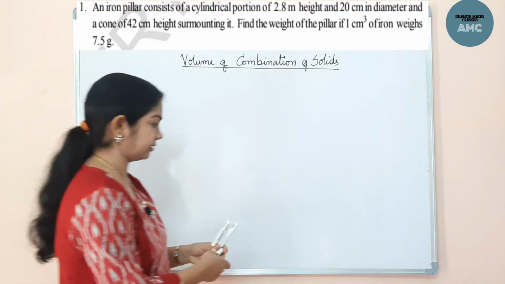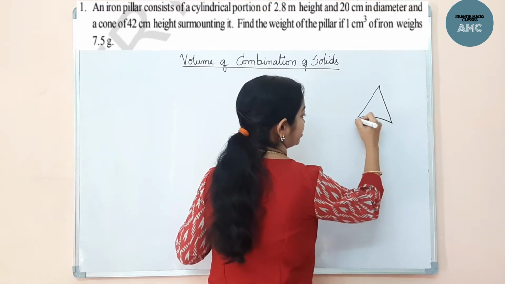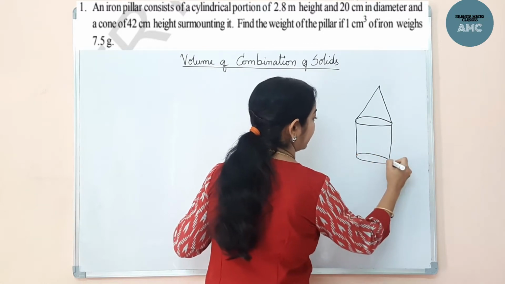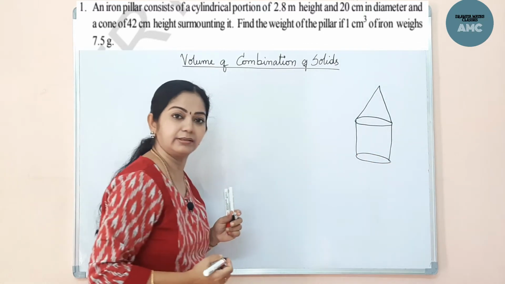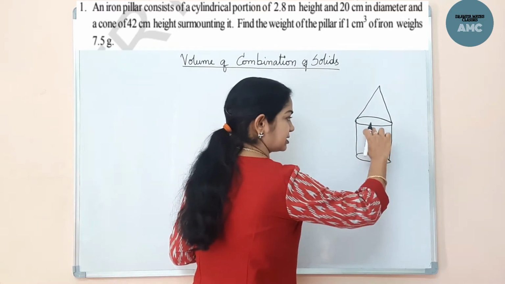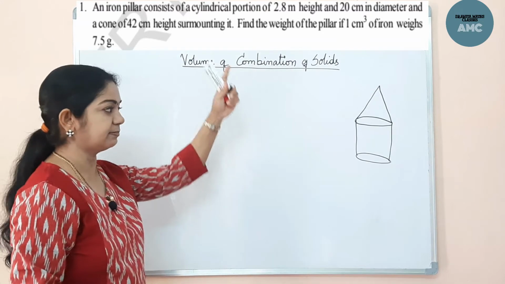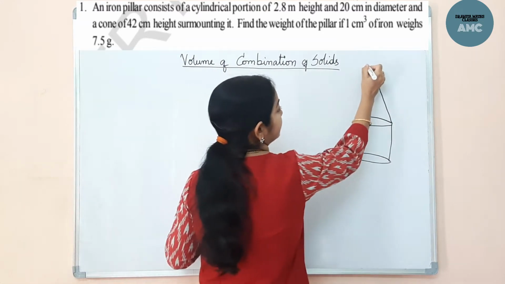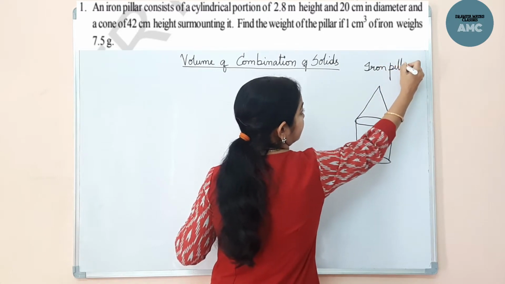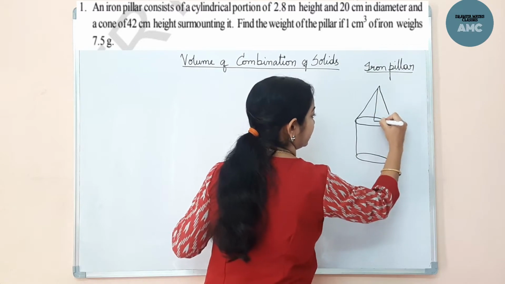Let me draw the diagram for you. Now this is a combination of two solid objects. This is an iron pillar. A cylindrical portion surmounted by a conical portion. So this is completely an iron pillar. Now quickly we'll note down the